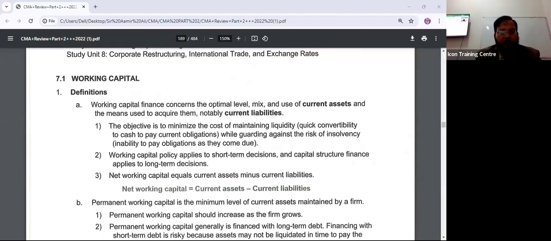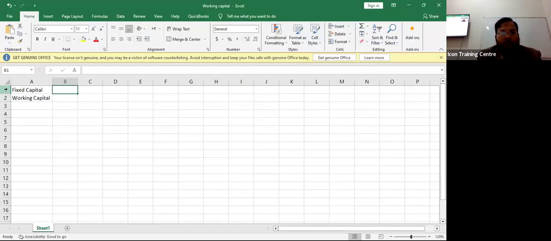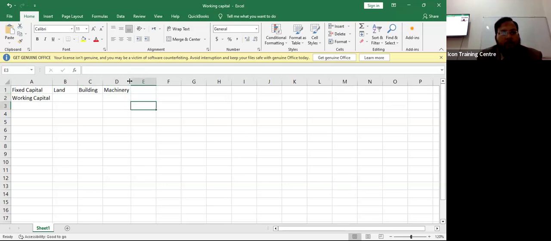Now, there are two types of capital. One is called fixed capital and the other one is called working capital, right? So fixed capital means when you purchase land, building, machinery. Fixed capital means land, building, machinery, and working capital means